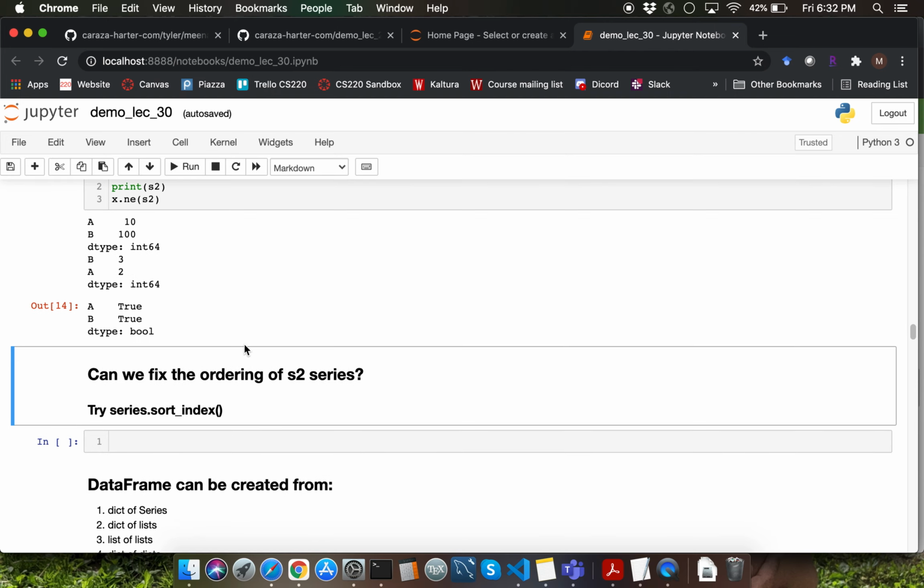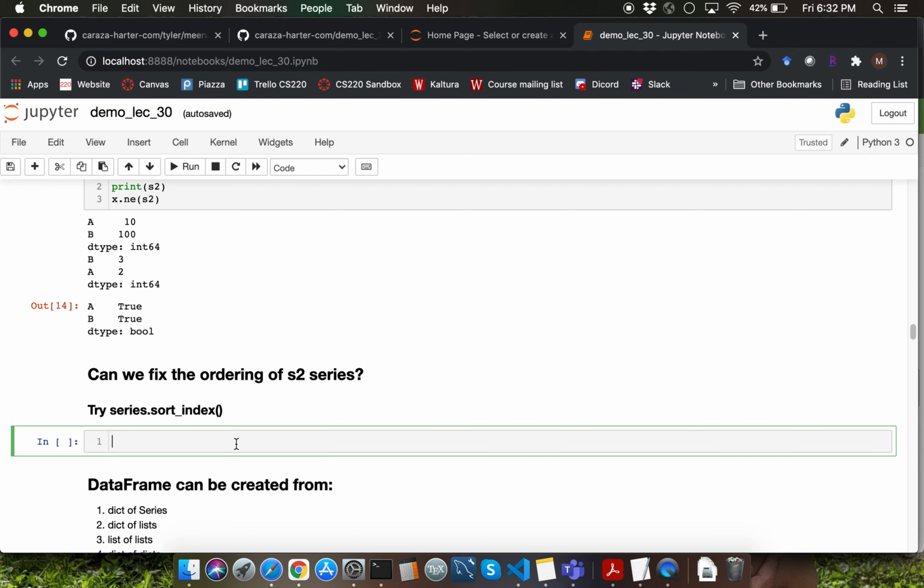Let's look at how we can fix the ordering within the S2 series so that we can avoid having misaligned series for the comparison. We are going to use the sort underscore index function within pandas series. I'm going to go ahead and sort the values within S2 series based on index.